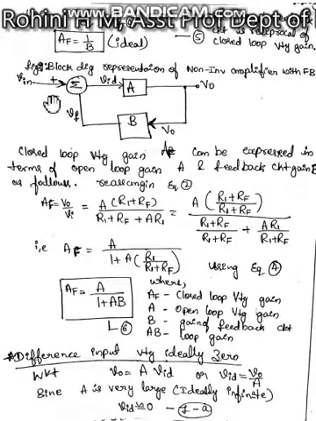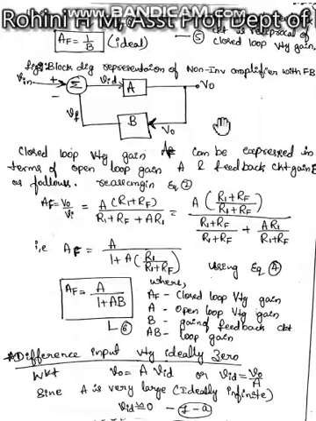Right. So next is the block diagram representation of non-inverting amplifier with feedback. So here we are applying the input voltage, right? And the difference in input voltage is given to the A terminal, that is for amplification, which is taken as the output, and again from the output through the feedback network with a gain B, we are obtaining the feedback signal VF, where VID is the difference between V in and the feedback signal, that is VID is equal to V in minus VF. So this is the block diagram representation of non-inverting amplifier with feedback.